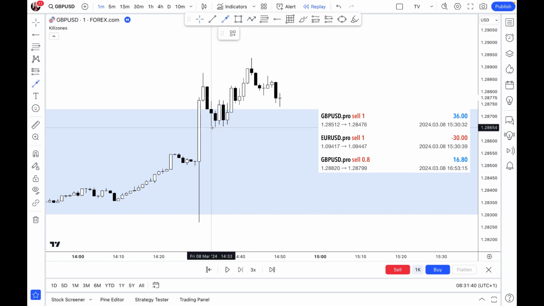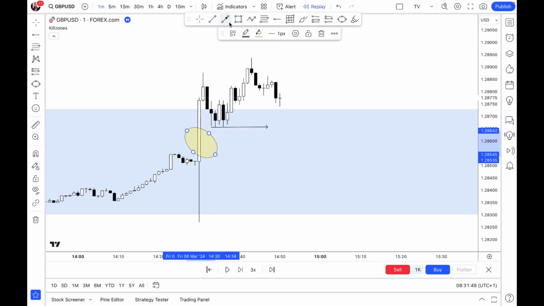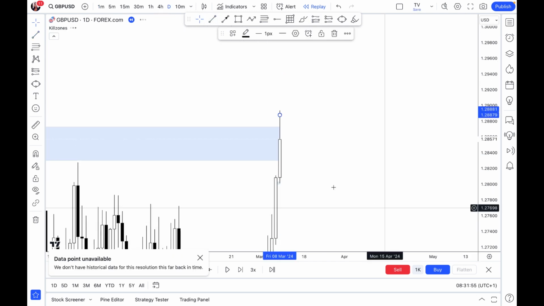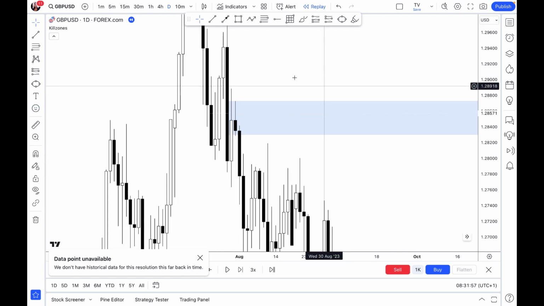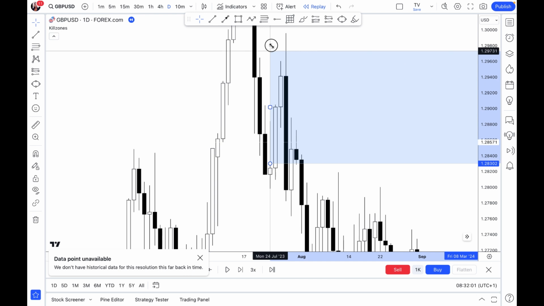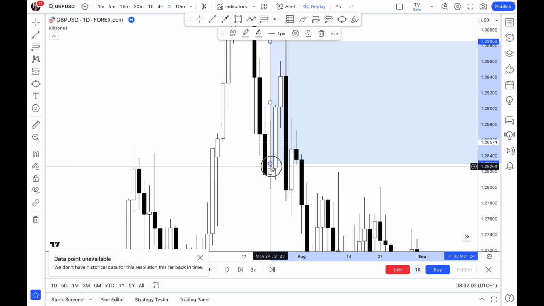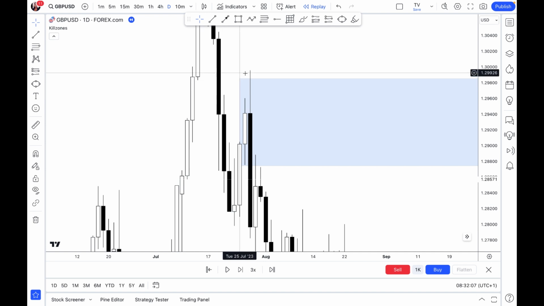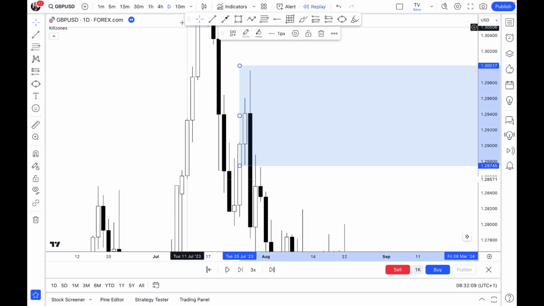I still decided to look for a sell trade again, because now we have added this imbalance right here. The market then took out this structure right here. Then if I quickly go to the 4 hour time frame, if you scroll to the left, is it on this 4 hour? I think on the 1 hour time frame, I'll quickly check. I think there's another zone around here.